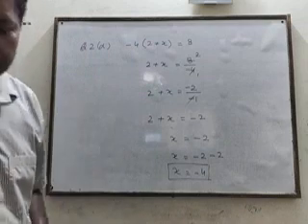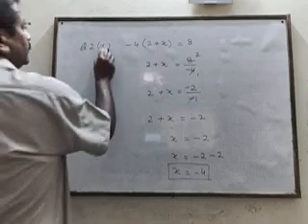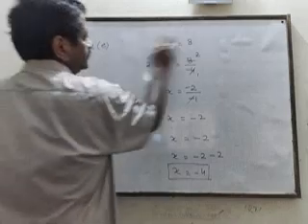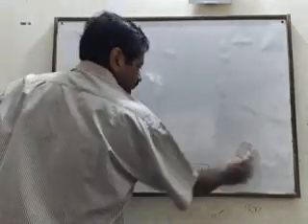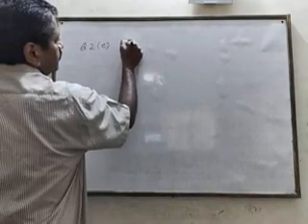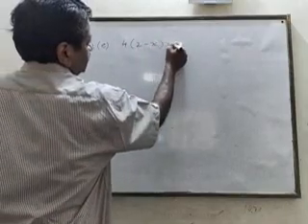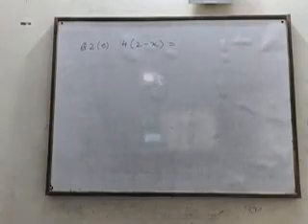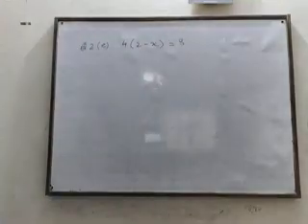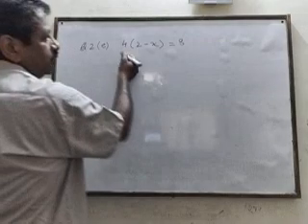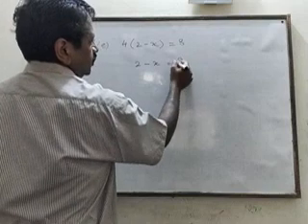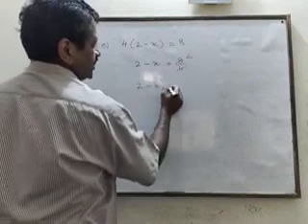E part, question number 2. Now the E part is also a little bit tricky. 4 into 2 minus x equal to 8. So what is tricky in this question? Take this 4 to that side. 2 minus x equal to 8 upon 4. 4 twos are 8. 2 minus x equal to 2.